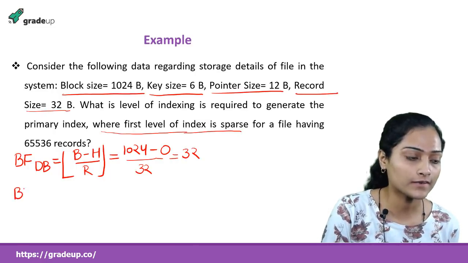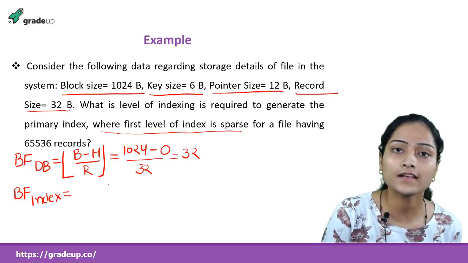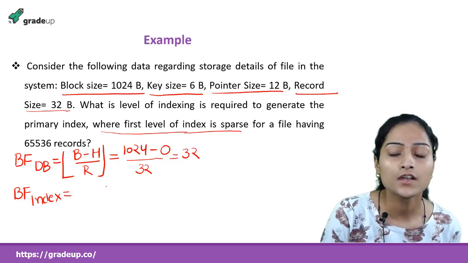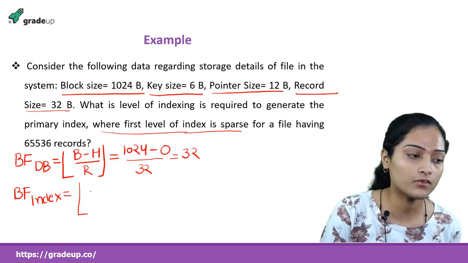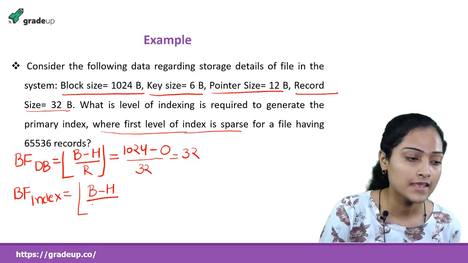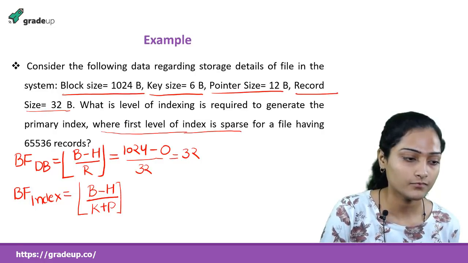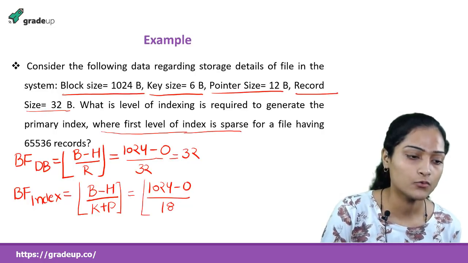Let us calculate block factor for our index file. By using block factor, we can get a clear idea how many blocks we are using to store a particular file. What is the formula for block factor for index file? B minus H upon R, and record size in our index file is key value plus record pointer value. Then it will be 1024 minus 0 upon 18. 12 plus 6 is 18, and the value would be,